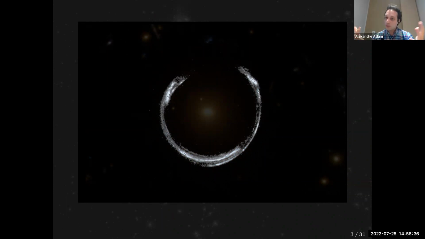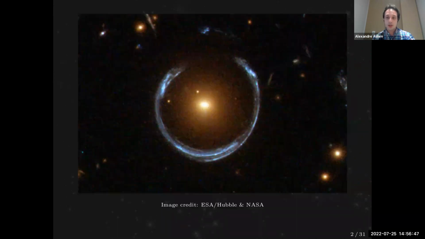But one of the goals of gravitational lensing modeling is to undo this distortion and allow us to study the source. The other really interesting thing is studying the mass of the foreground galaxy, in this case a luminous red galaxy.